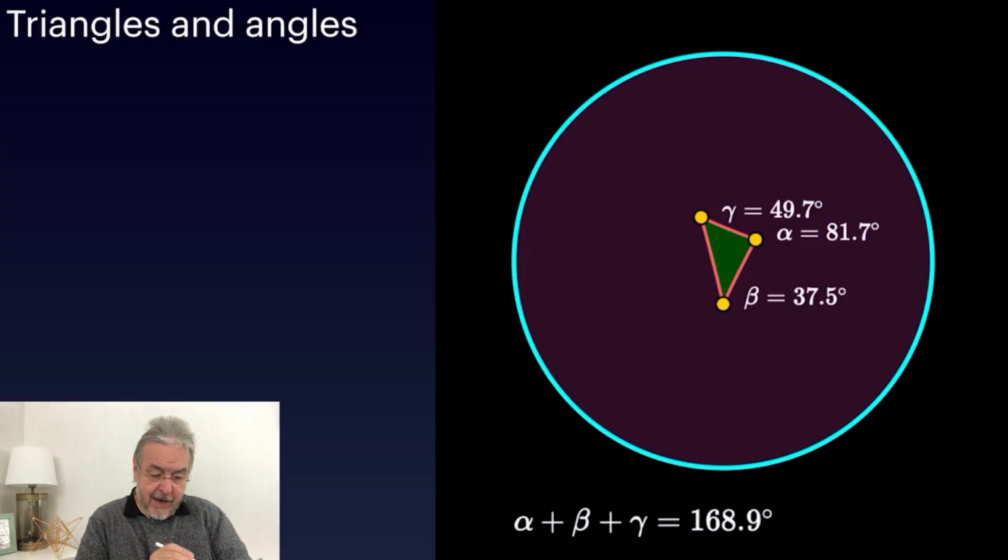And what you see here, the headline says triangles and angles. And actually the angles at the corners, the vertices, of a triangle in the hyperbolic plane have a lot to do with their area. So I prepared a little experiment here. I've drawn a triangle in the Poincaré model. I've measured the angles at the points where the sides meet, and I added these angles. And the first thing you should observe here is they don't add up to 180 degrees like a triangle in the Euclidean